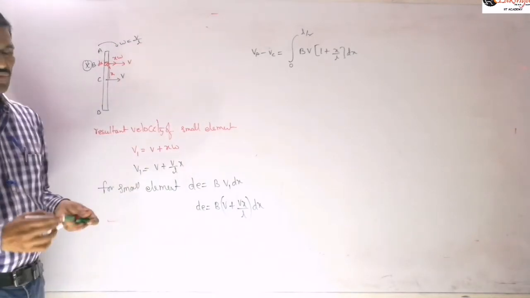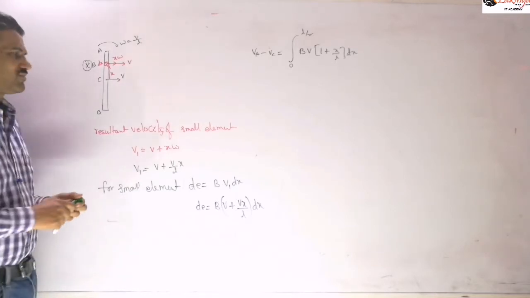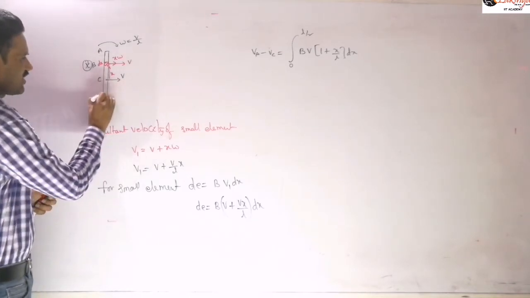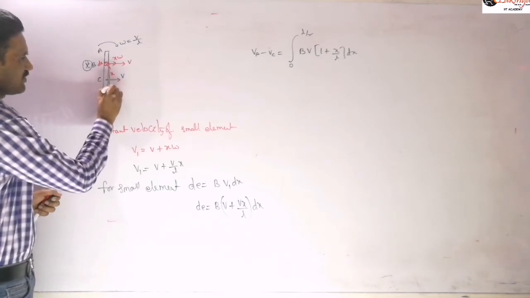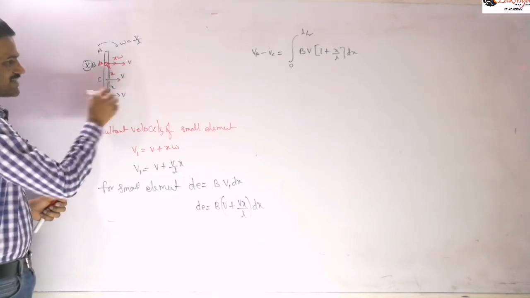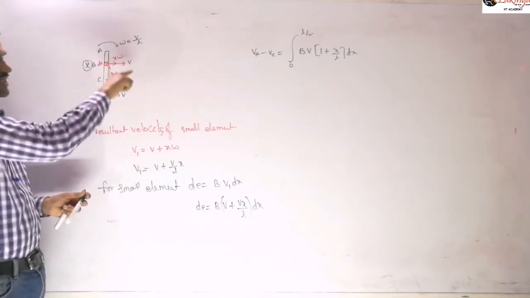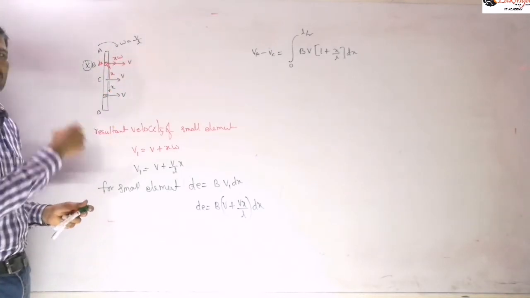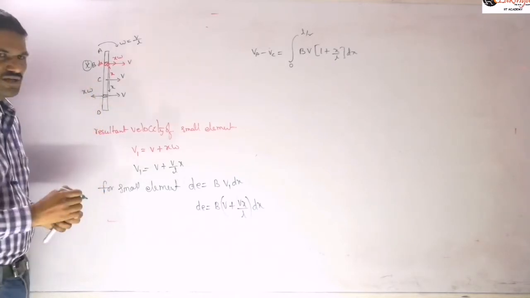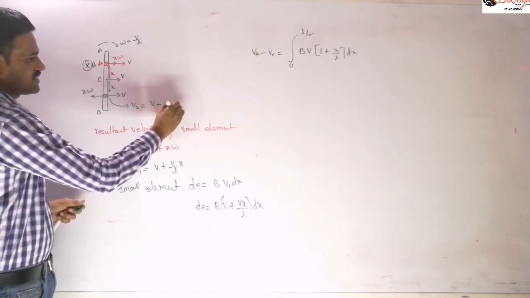Now in a similar way, if you want to find the potential difference between B and C, again you need to write the resultant velocity. But while writing the resultant velocity of this element, suppose I consider an element at a distance of x from this, then due to translatory motion V will be there along the direction. But due to rotatory motion, the velocity of this lower element will be in the backward direction. So this velocity we need to write as x omega, right? And then the resultant velocity of this element, let it be V2, we need to write as V minus x omega.